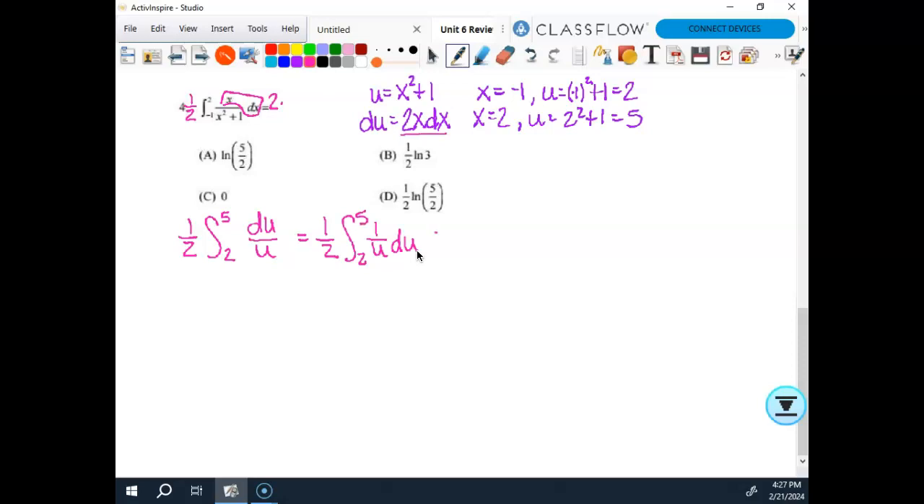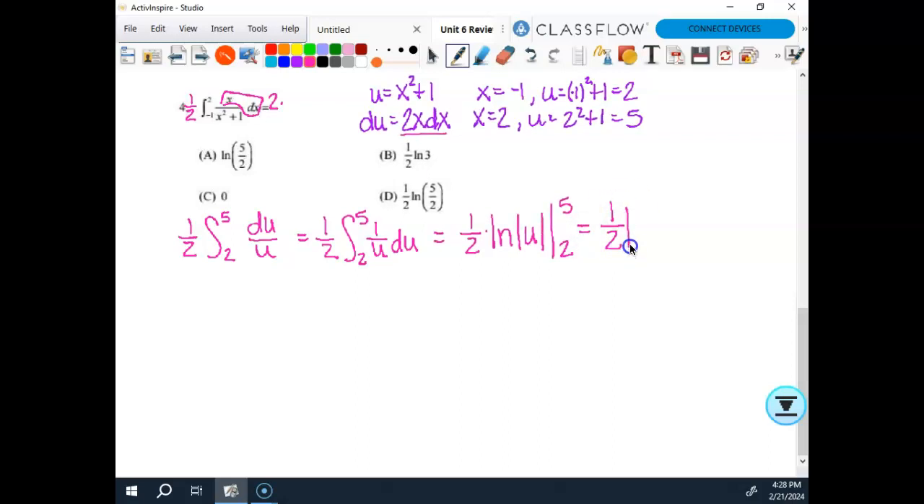So when we do this then, I'm going to have 1/2 times, well, when I integrate 1 over u, it becomes the natural log of the absolute value of u. I don't need a plus c because I have limits of integration, and I'm evaluating from 2 to 5. Okay? And I'm not substituting back in the x squared plus 1 because I changed my limits of integration there. So then this is going to become